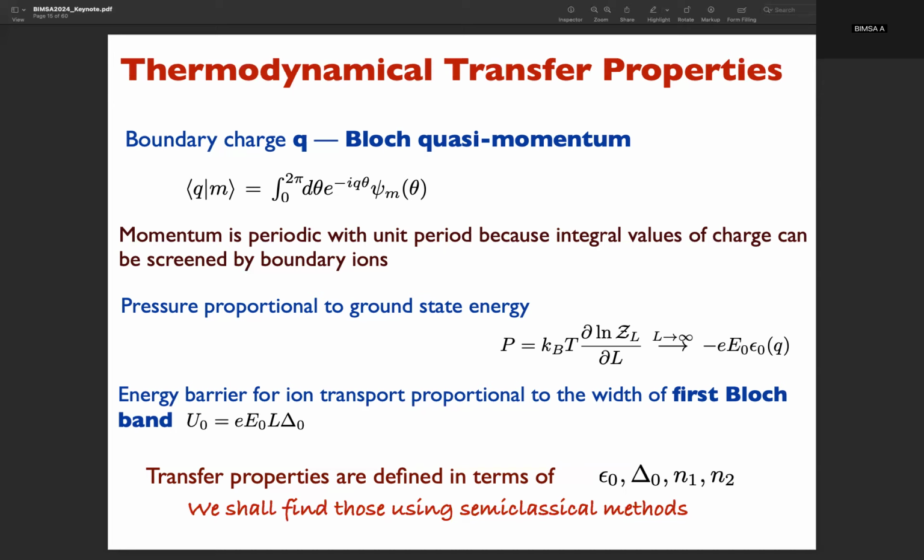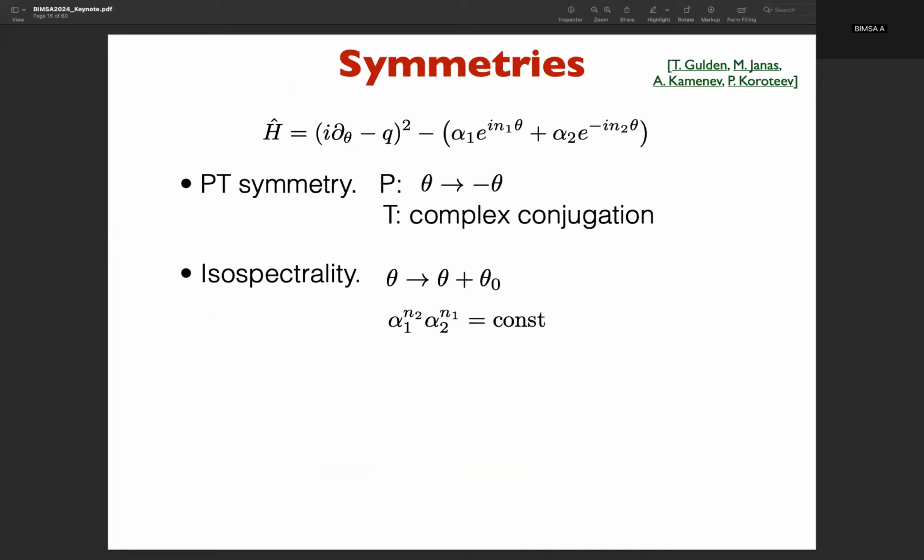Okay, so let's talk about symmetries. This is the original paper, right? It's a condensed matter paper, that's why authors are written from youngest to oldest, although there will be some anomaly in that. Anyhow,